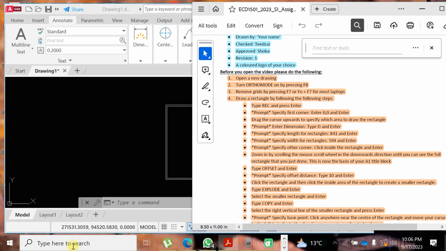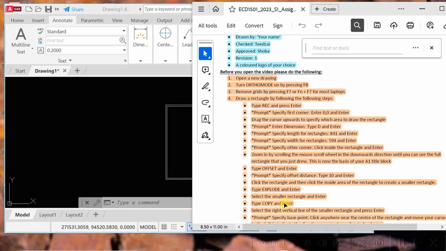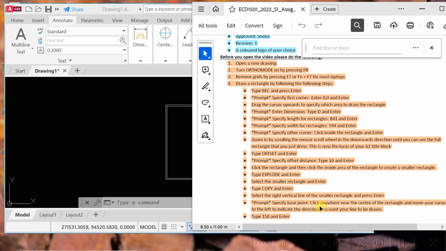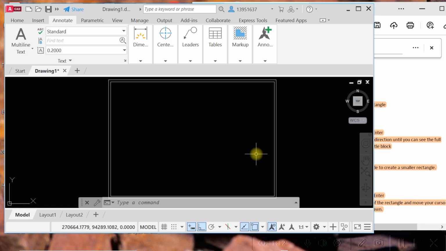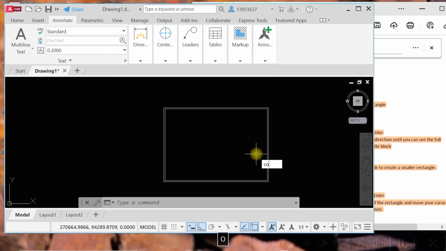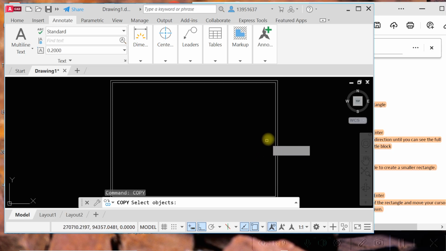Now it says type copy and enter. Select the vertical line of the smaller rectangle and press enter. Okay, by prompt I'm just going to specify the base point near the center of the rectangle and type 150. Let me just do that. Okay, I type copy, press enter. Okay, I'm going to select,